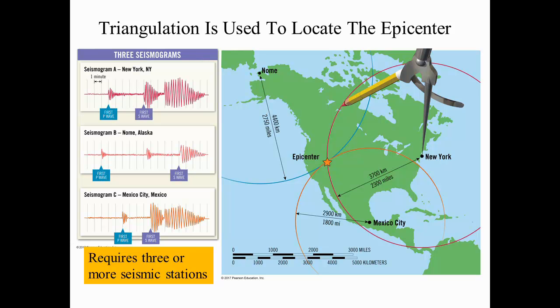Why specifically 3 to locate the epicenter? Well, if you only had 2 great circles, then you have 2 intersections, and so you have 2 solutions. Only one great circle would not tell you much of anything. It could be anywhere within the 360 degree radius around New York. You need at least the intersection of 3 great circles in order to find a common point of intersection.